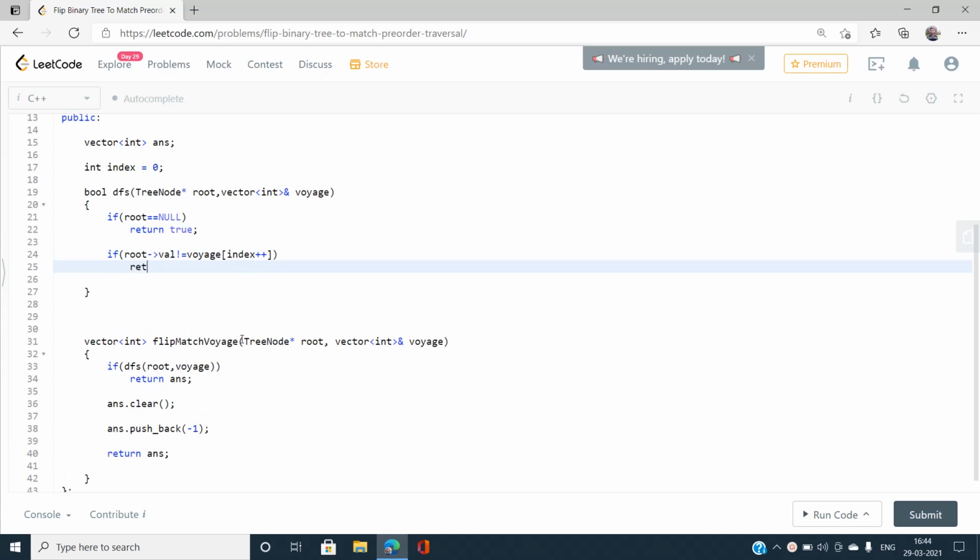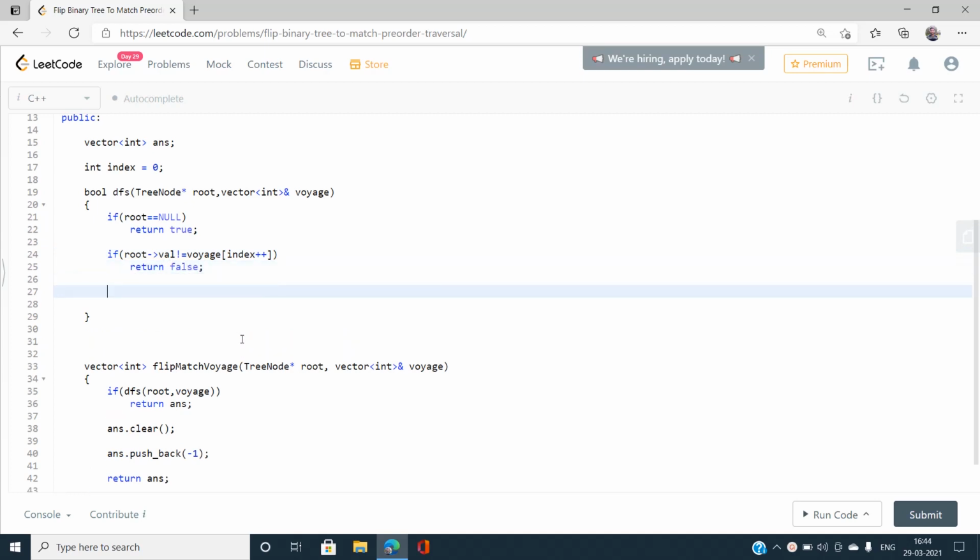Then return false. Otherwise, because I am performing a pre-order traversal, I need to check whether moving left is valid or not, that is, whether we require a flip operation or not.